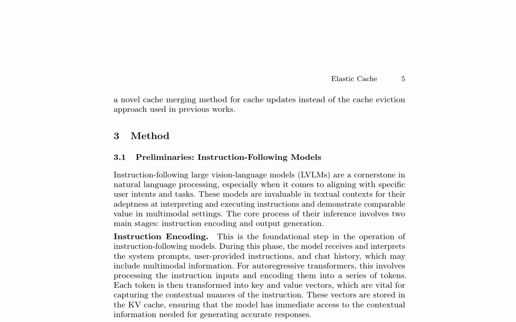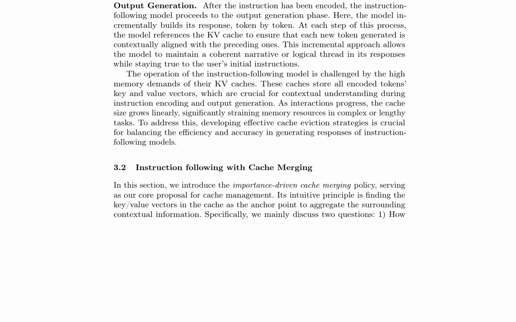These vectors are stored in the KV cache, providing the model with immediate access to contextual information for generating accurate responses. In the output generation stage, the model incrementally builds its response, token by token, referencing the KV cache to ensure contextual alignment with preceding tokens. This approach allows the model to maintain a coherent narrative or logical thread in its responses while staying true to